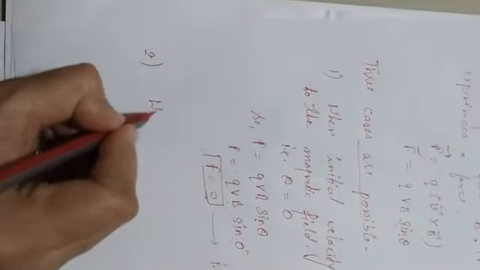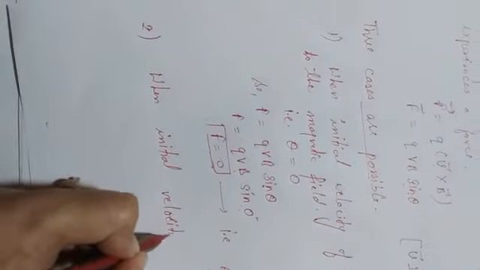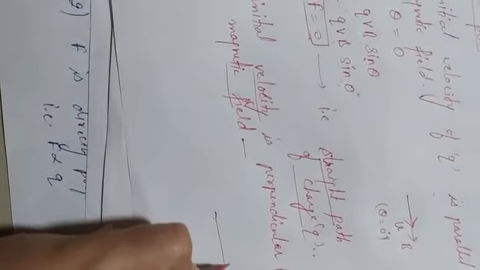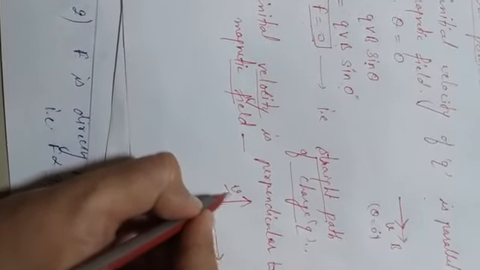When initial velocity is perpendicular to the magnetic field, then we can write, that means like this one, in this case we are applying the magnetic field in this one direction, and the charge is acting inside this one perpendicular to B. This one is the V velocity, this one is the V velocity of the charge Q. Then this angle between them is 90 degree.